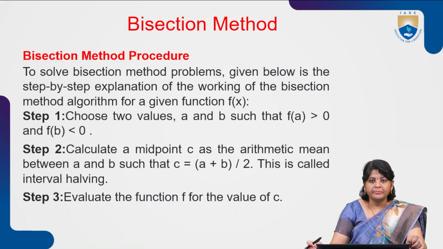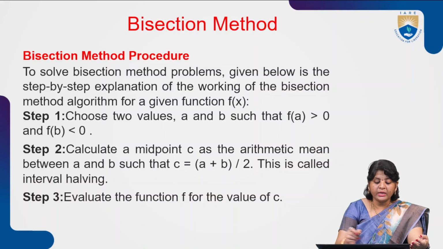And among these methods, the first method is the bisection method. Similarly, there are different methods like the regula-falsi method, iteration method, secant method, Muller method, Newton-Raphson method, and Ramanujan's method. All these methods are used to find the roots. In this session, we will discuss how to find the roots for a given polynomial using the bisection method.